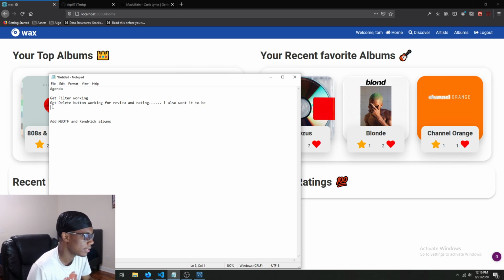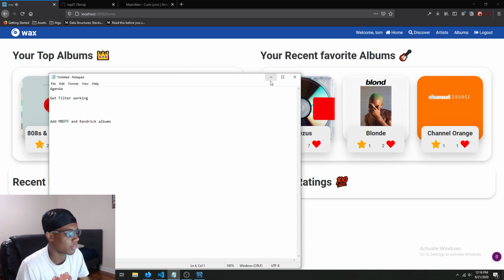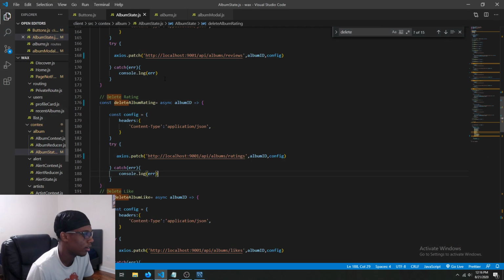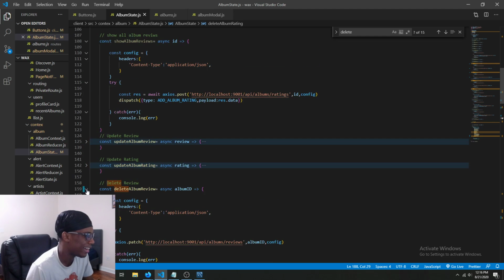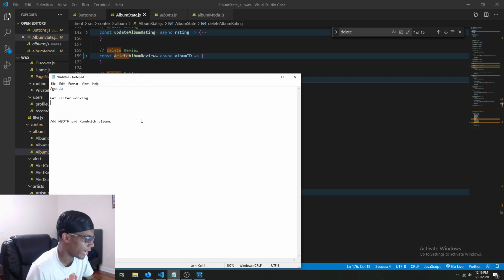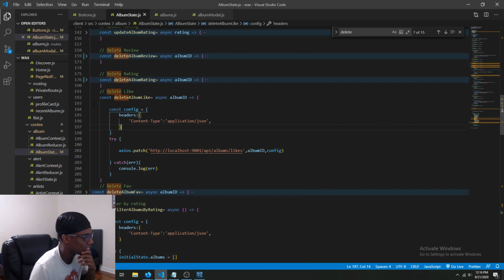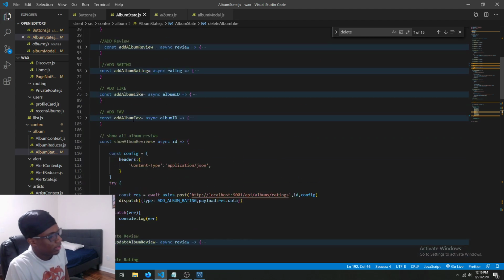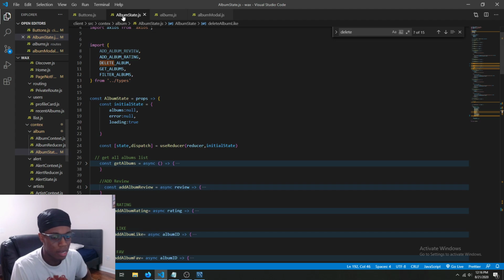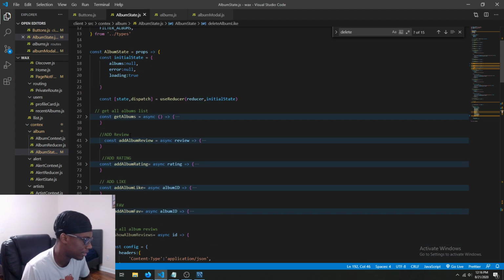So since that was so easy, I'm gonna give myself a quick little break before I get into this filter. And like I said, I was working on it yesterday. And I think I know what I need to do, but it just wasn't working. Also, let's add agenda filled like /fave. Like I said, I think I understand what I need to do. Because initially how I have it set up is that we're gonna get the albums first, but then each of these